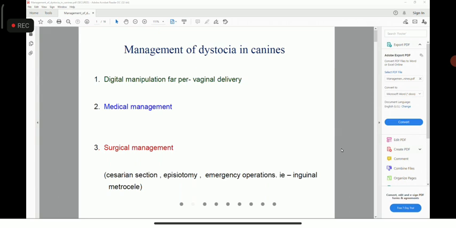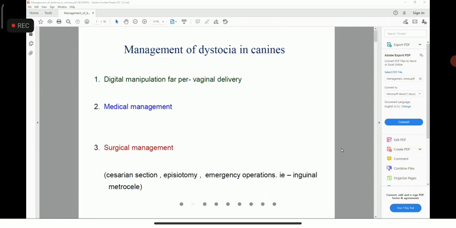Okay, so in that way we have a very limited chance of doing this. Limited chance in such a sense that in case of large animals, when you put your hand pervaginally, you can keep your hand inside, you can grab the fetus, there is a lot of space. But in case of canines, you have very limited access. Okay, because the canal is not that big, so you can use your fingers rather than the entire hand, and then only